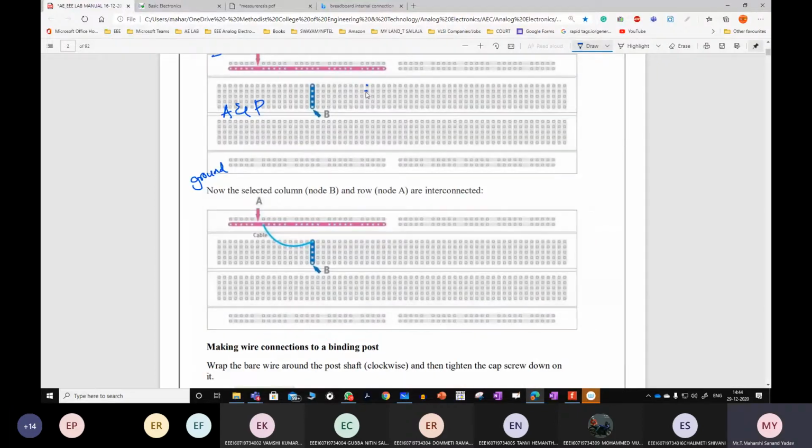Can I connect all of those in this vertical manner, like emitter, base, and collector? No. We have to connect it horizontally. Yes, it should be connected horizontally. Why? Because they are vertically shorted. Suppose you connect it like this, it will directly act as a short circuit and your transistor will be damaged. So this is emitter, base, and collector. In this manner you have to connect, and following the circuit diagram, you can connect the different resistors and capacitors. We shall see that.